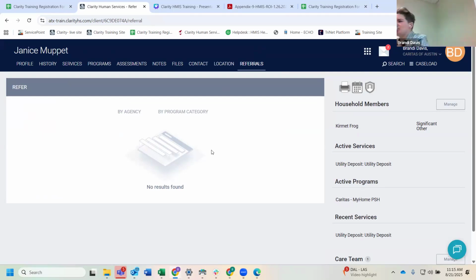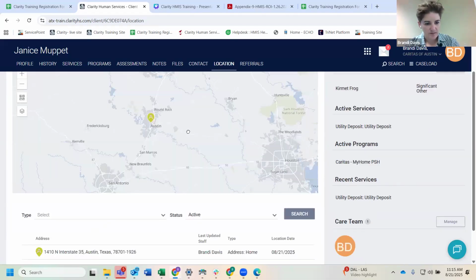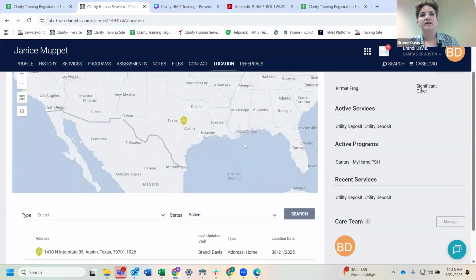If I told you originally that I don't want it to know my location, how can I turn that off? Let me see. So the question was if she toggled something on to make it to where you can't see the location, how would we switch that? Let me see. Oh, it's a browser setting. That's what the group is telling me.